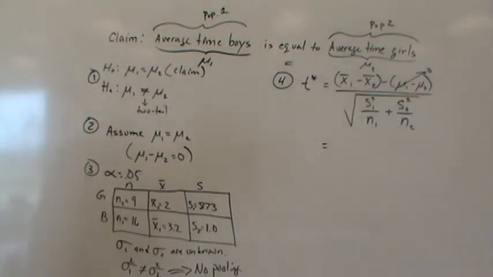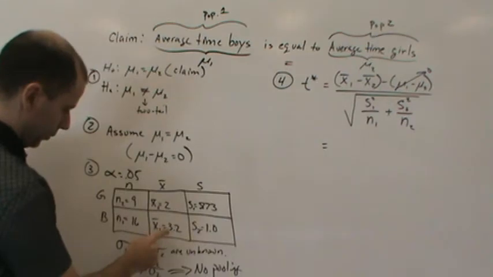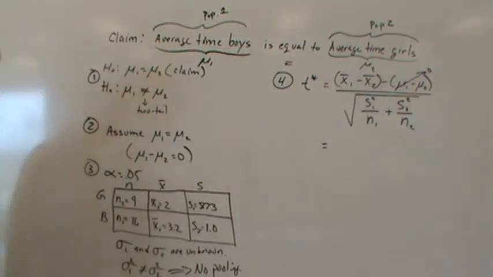Okay, so what do we do? Let's put in x bar 1 minus x bar 2. Remember, make sure you subtract them in the right order. 3.2 minus 2 is going to be 1.2, divided by the square root of